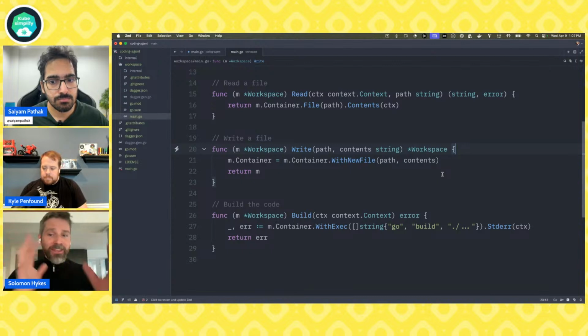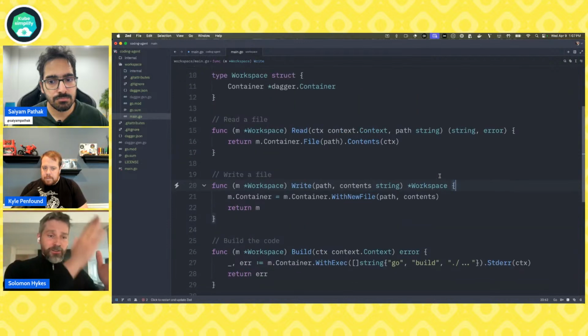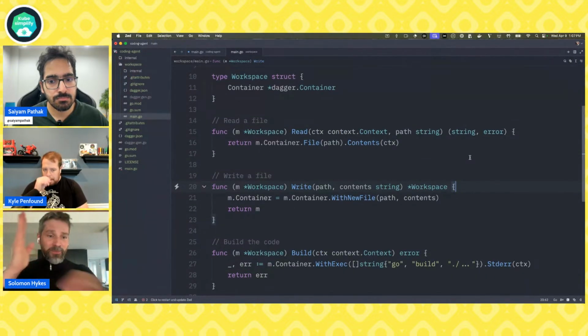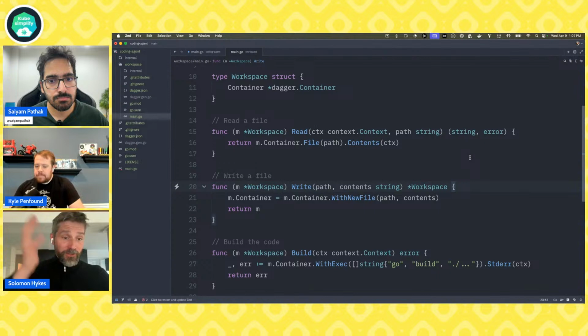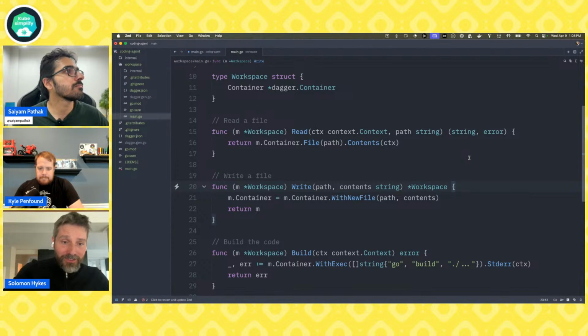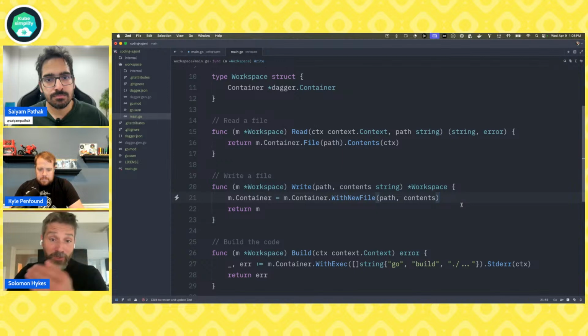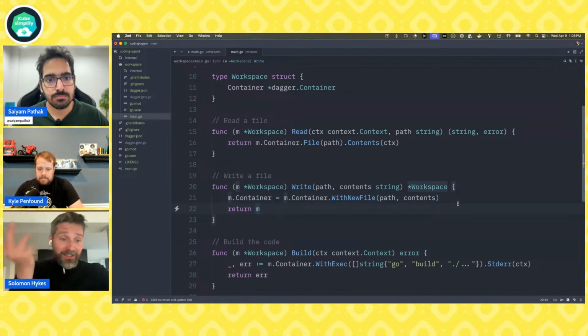There's none of these complicated state management problems. Dagger has this clean foundation where you're just building one snapshot at a time of your objects. That's why you see this very distinctive shape of this function, lines 21 and 22. You modify and then you return. If you don't return the modified workspace, it's like nothing happened. It's ephemeral by default.